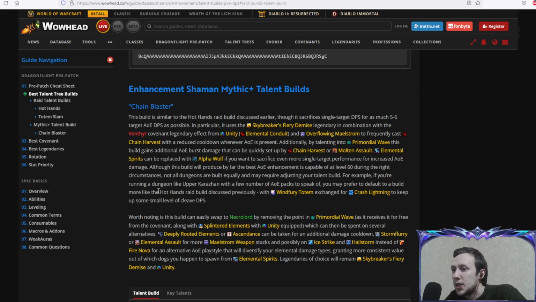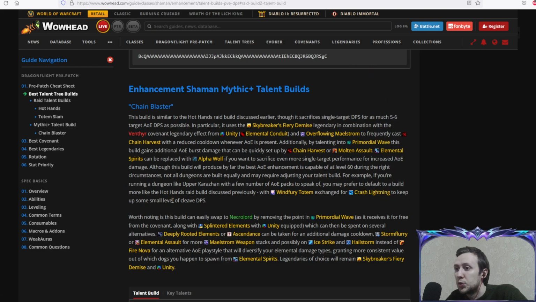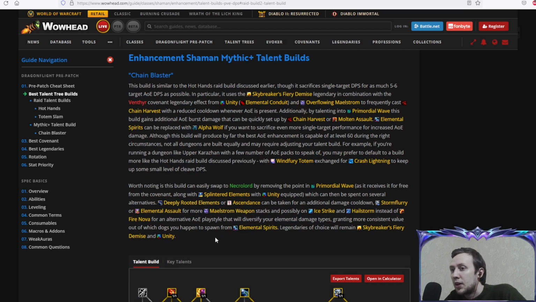For example, if you're running a dungeon like Upper Karazhan with a few number of AoE packs to speak of, you may prefer to default to a build more like the Hot Hands raid build discussed previously, with Wind Fury Totem exchanged for Crash Lightning to keep up some small level of cleave DPS. Worth noting is this build can easily swap to Necrolord by removing the point in Primordial Wave